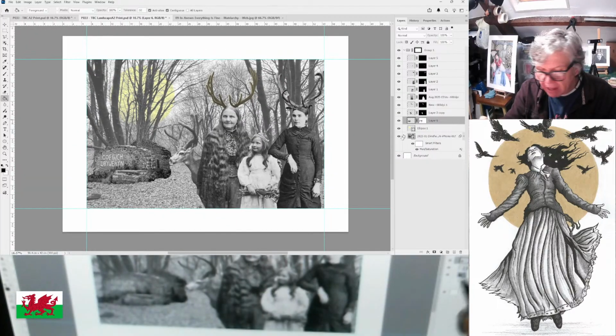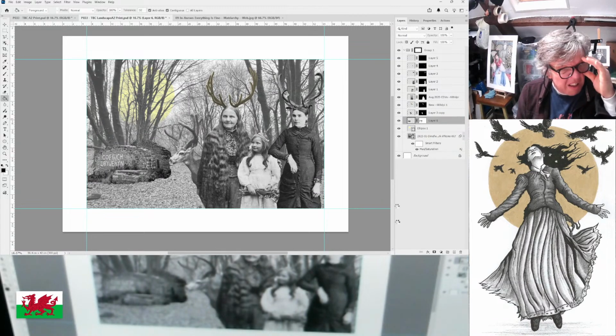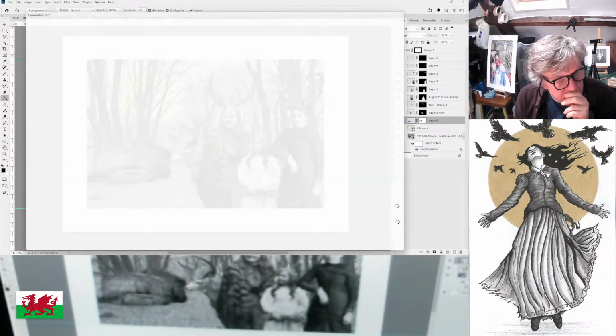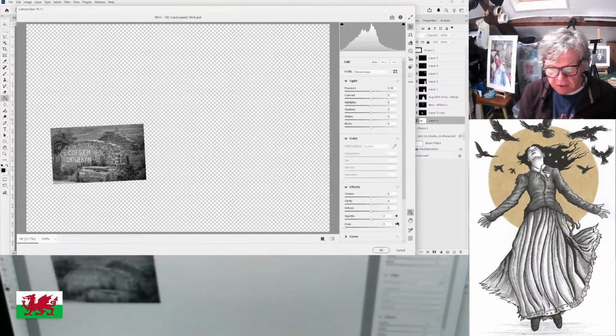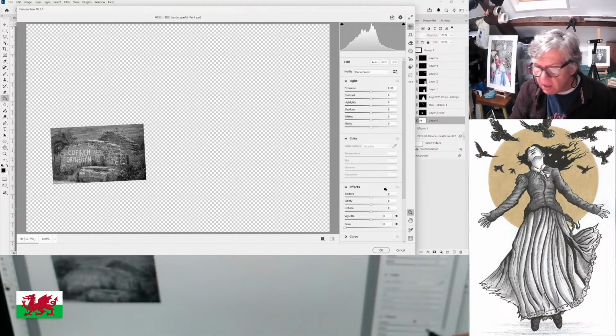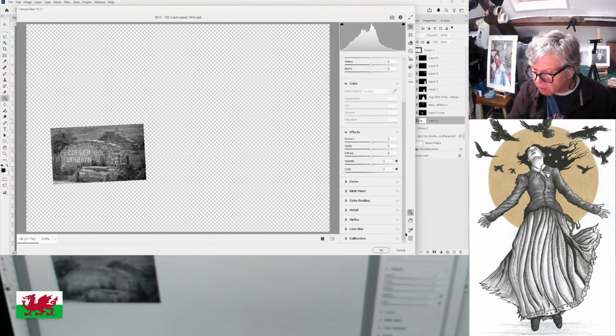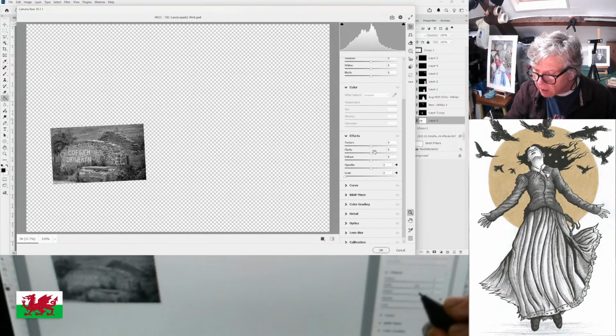So you could do it with the opacity, but what I'm going to do is go into this layer now. I'm going to use this thing which is called the Raw filter. This is one of the most useful tools on Photoshop, one of the most powerful tools. It allows you to change everything in one spot. So if you want to